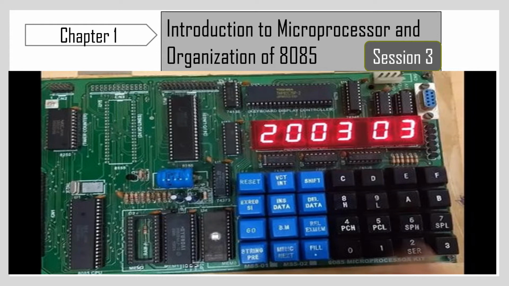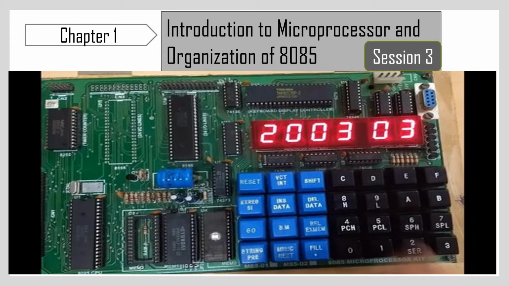So we have seen what is microprocessor, then the function of microprocessor, then the evolution of microprocessor, the 5 generations of microprocessor. Then in the second session we have seen the pin diagram of 8085, right? We have seen the first 20 pins, a trick to remember the first 20 pins of 8085. Then we have seen 10 pins in detail.